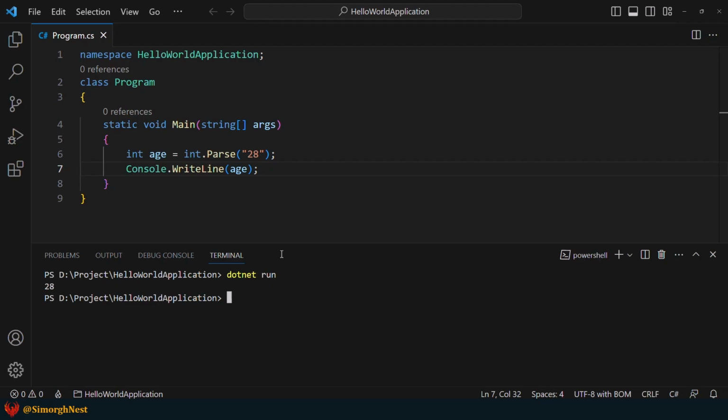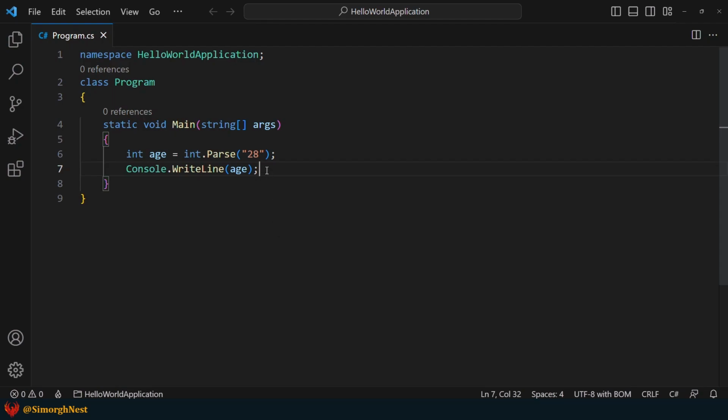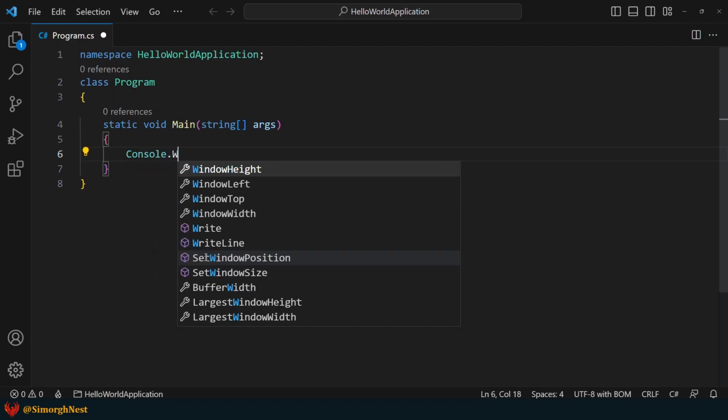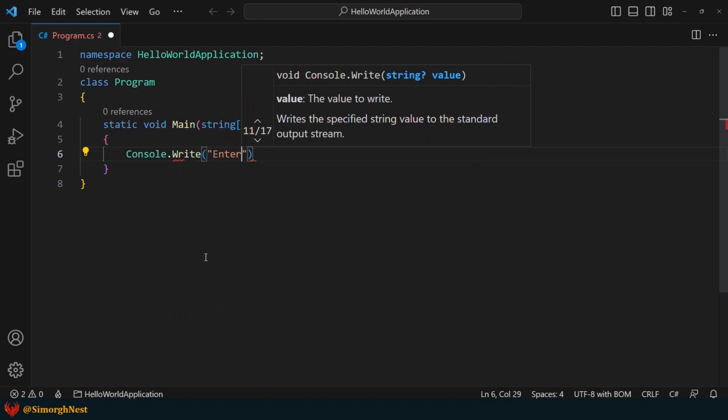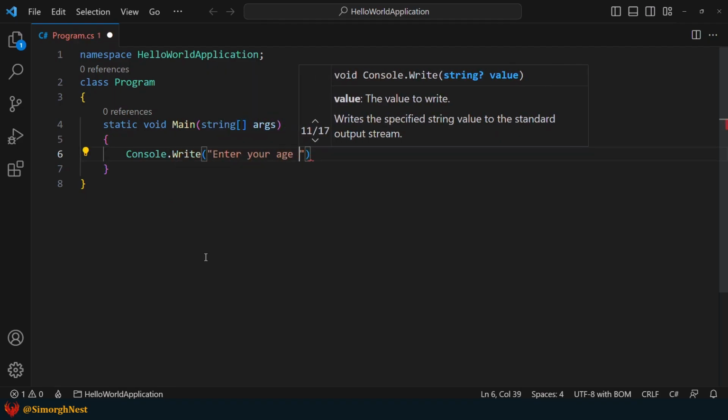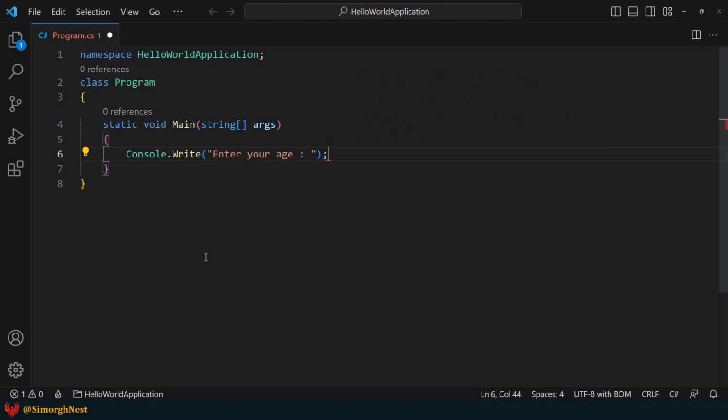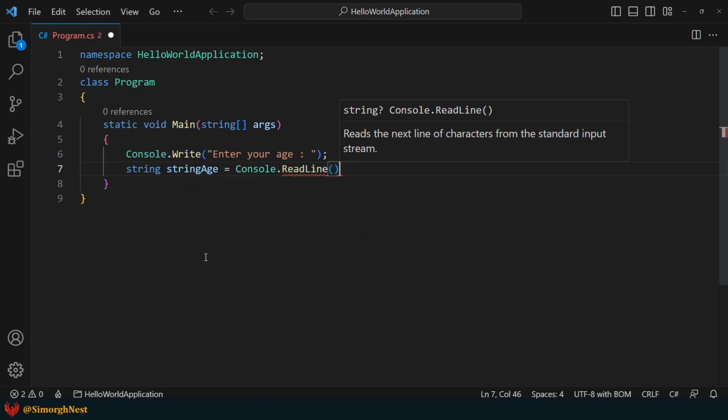Okay, this time we wanna get the age from a user. And as we said before, whenever we wanna get a value from a user, we have to use the ReadLine method. So, in order to do that, let's say Console.Write, enter your age, and in the next line we go for string age equals Console.ReadLine.